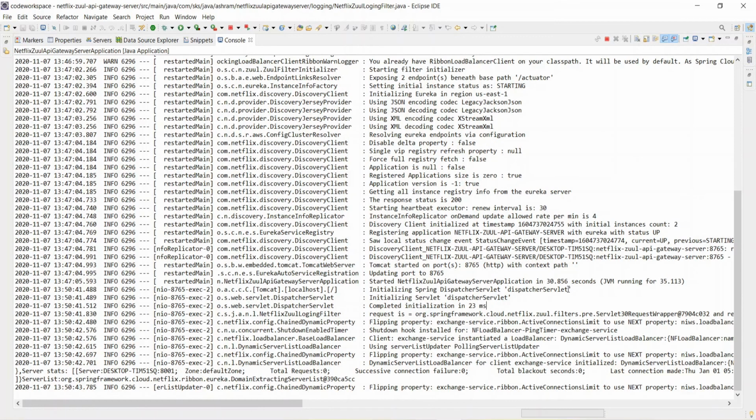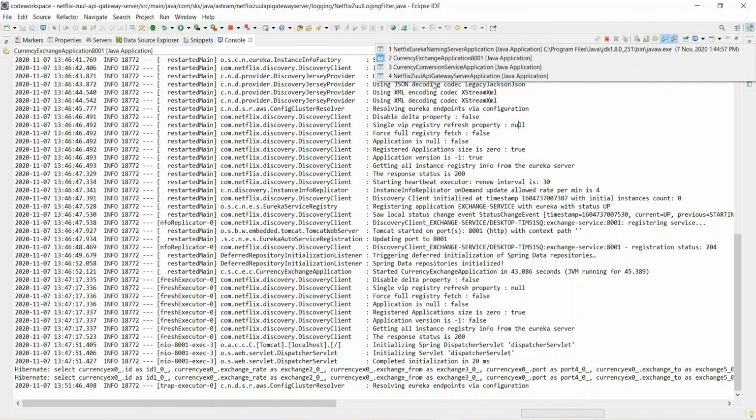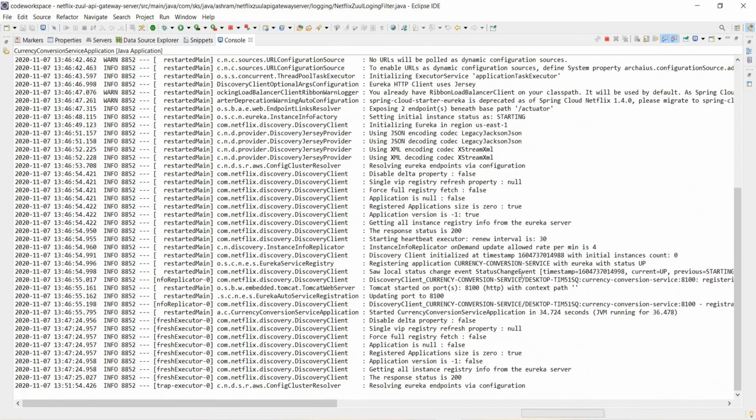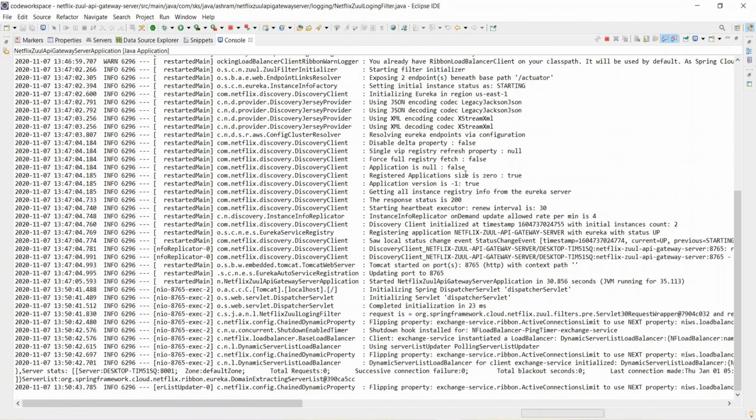We are not looking for the currency exchange service, we are looking for the Zuul API gateway server, right? Yeah, so this is the Zuul API gateway server.